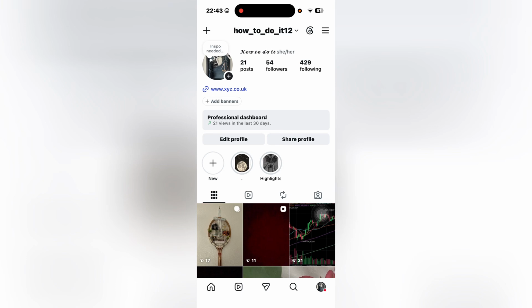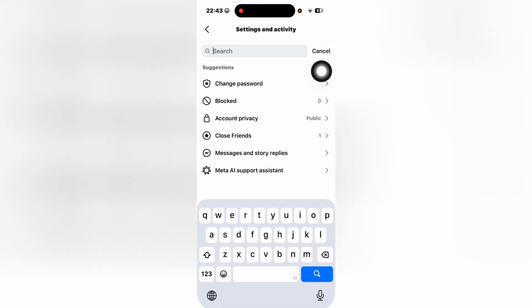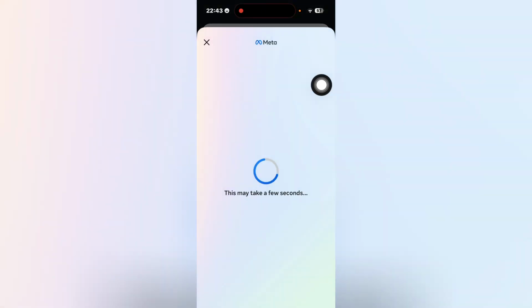So first, you need to make sure that your account is legit. If it is, you're going to click on the three horizontal lines at the top right corner. You'll be redirected to settings and activity. Here at the search bar, you're going to simply search for verified and you'll be able to see an option of Meta Verified, and you'll be able to see some other options such as request verification, verification selfie, advertisers that you've seen, audience-based advertising. So you're going to click on Meta Verified over here and then you'll be able to